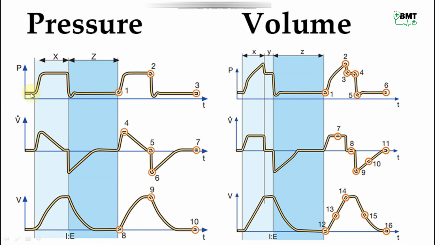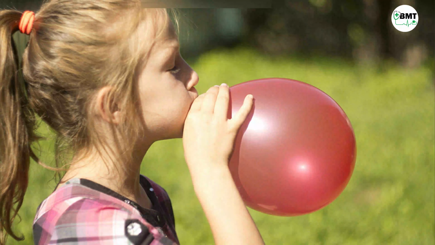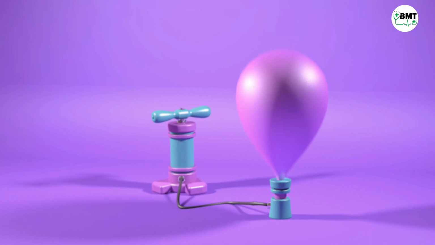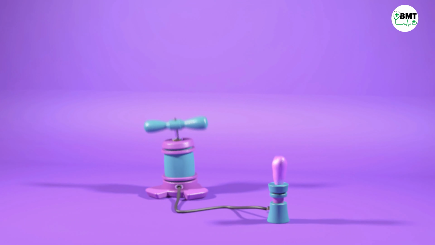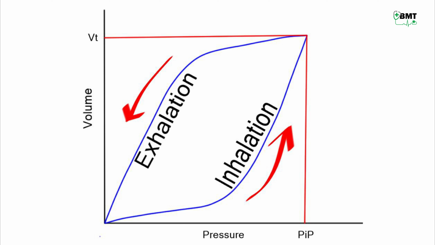Now let us understand loops. In loops, there are 2 types, volume pressure and flow pressure. Now let us understand what loops are. Let us understand the volume pressure graph. If you have a balloon and you start inflating that balloon, for a certain period of time there will be no change in the volume. After a time, the balloon expands fast and when it reaches peak, it either will blow up or it will not expand. So that is what volume and pressure show here in the graph.